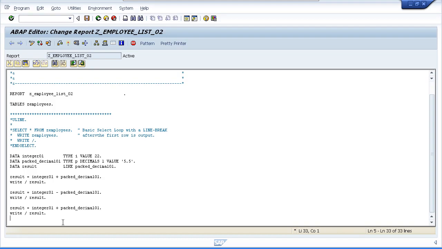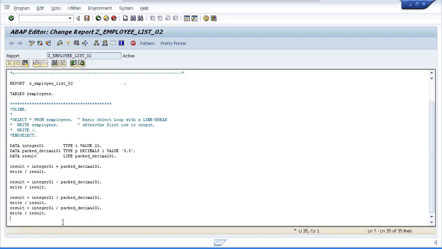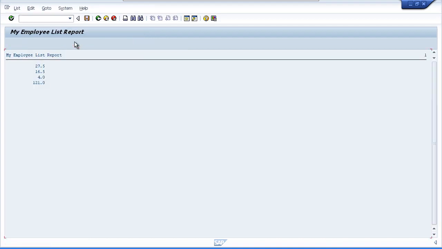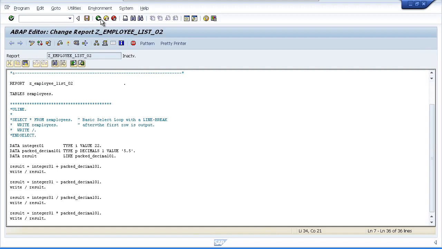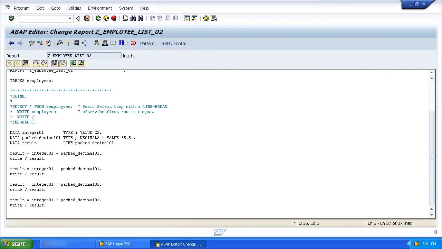And the last one we'll try, as you can guess, is multiplication. And there we go. All very simple. Now, just before we move on to the topic of conversion rules, I'll just add in that